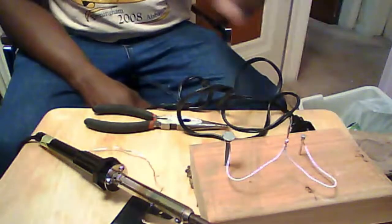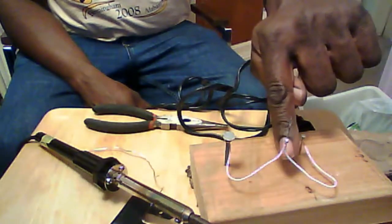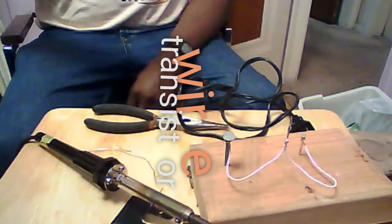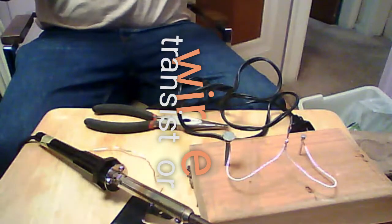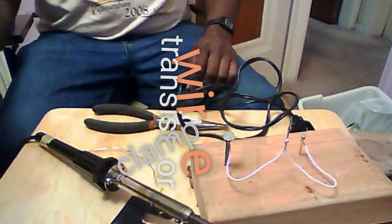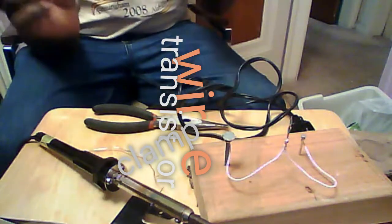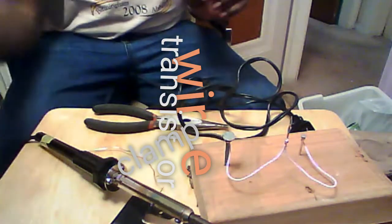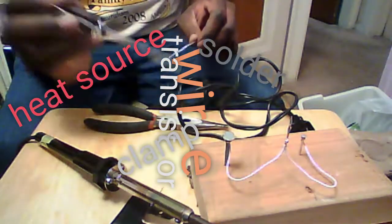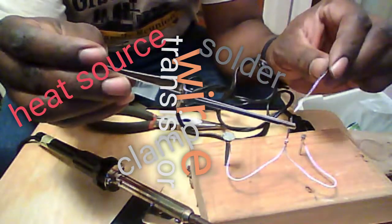Yeah, so the reason why I wanted to do it like this is, let's say that this is the wire and this is the transistor. And the only thing you have to do is just take the little transistor wire, bend it out, and then you can either hold it together like this with this, or you can twist it together a little bit, and then you use the solder, the iron, and you put it behind, like that, and then you just wait, and then boom, boom,